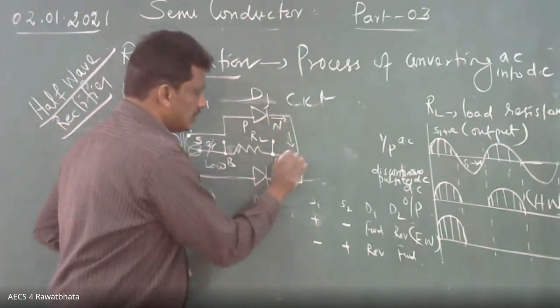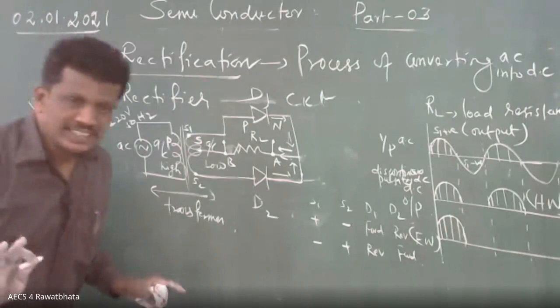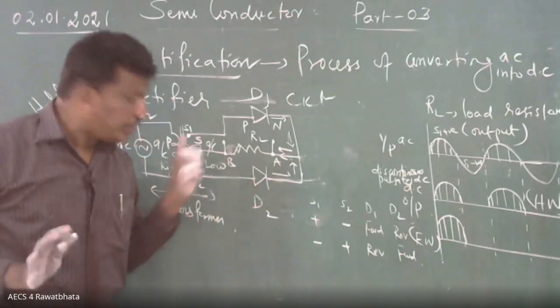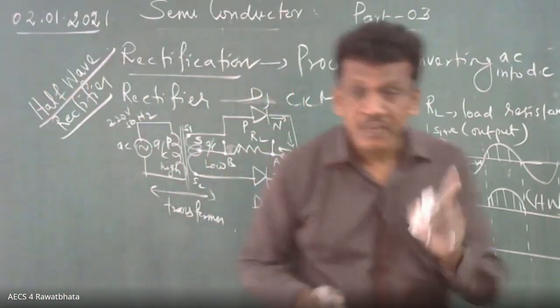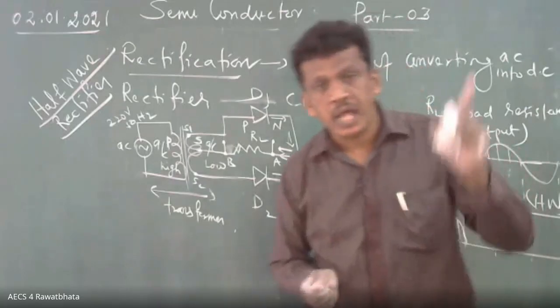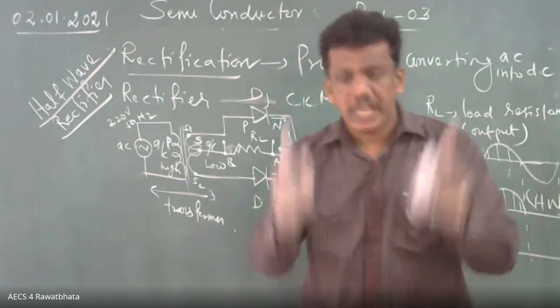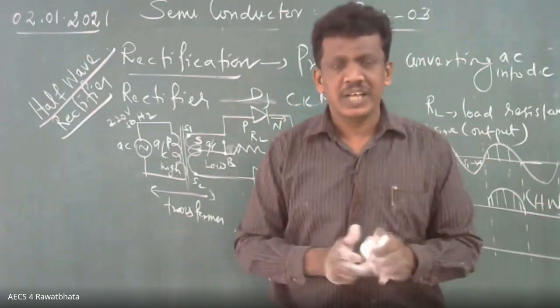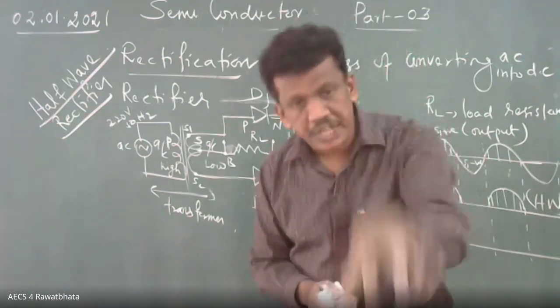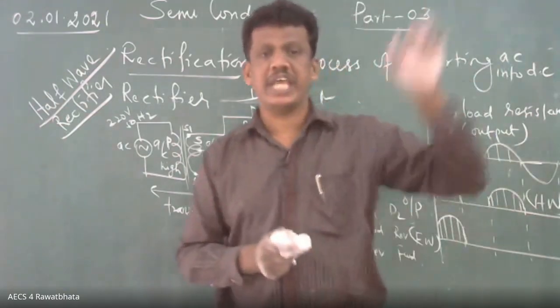Current through this. You are able to understand? Current always flows from A to B. Why are we specifying that the current always flows from A to B? That is only forward bias, no? That is only DC, sorry. That is only DC, because the current direction should not be changed.